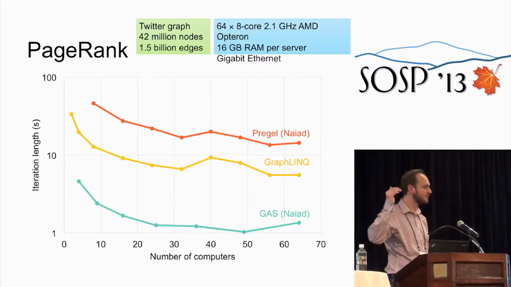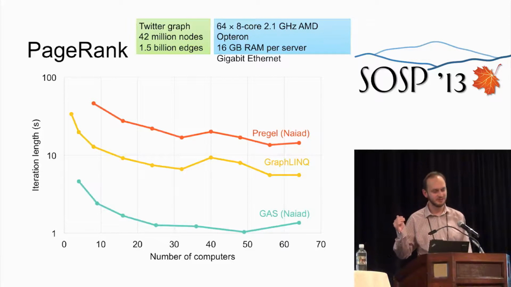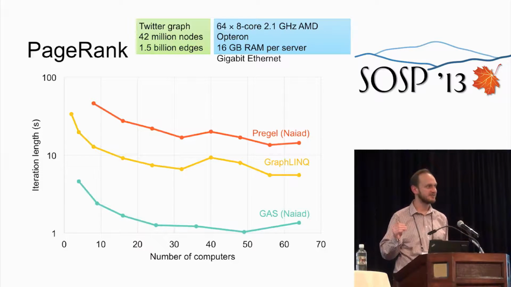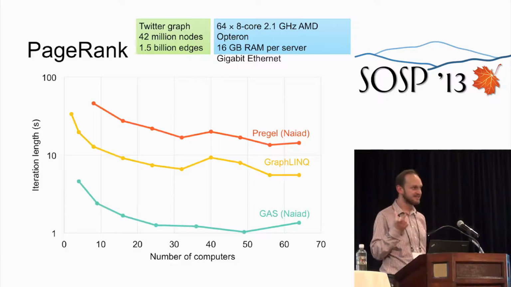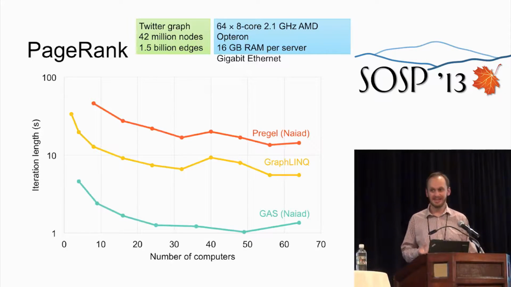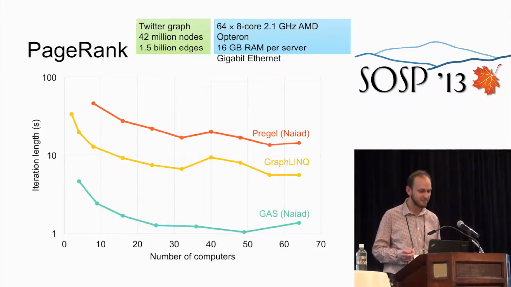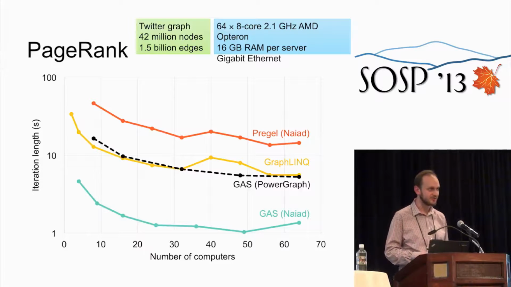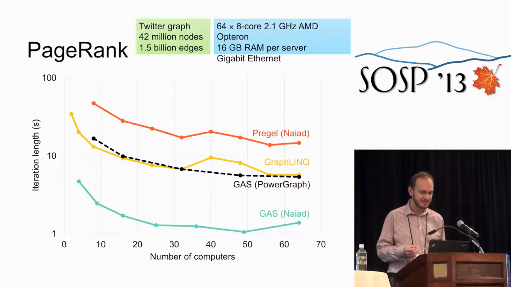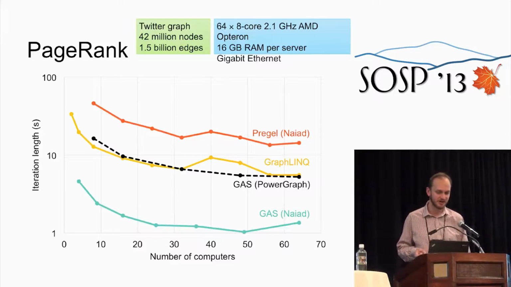We started with Pregel, where it takes 15 seconds per iteration on a machine. If we specialize to a static graph, it takes 5.5 seconds. And if we implement the GAS abstraction from the PowerGraph paper at OSDI last year, in the best case, we can iterate on that graph in 1 second per iteration on 49 machines. For comparison, if we plot the PowerGraph results from OSDI last year, we see that our implementation of the GAS abstraction is a little bit faster than the PowerGraph one.